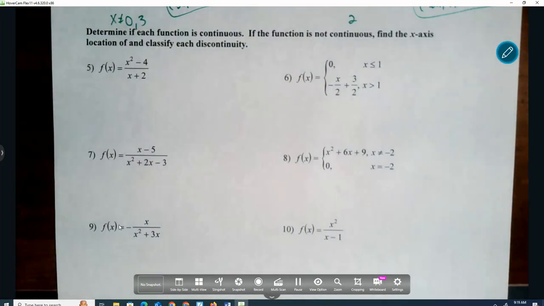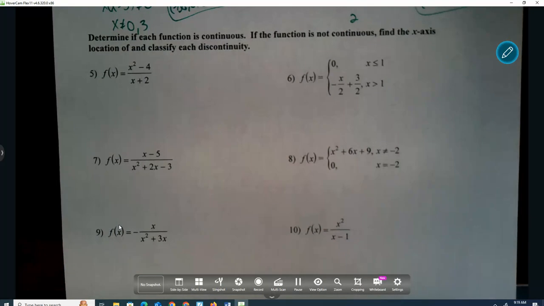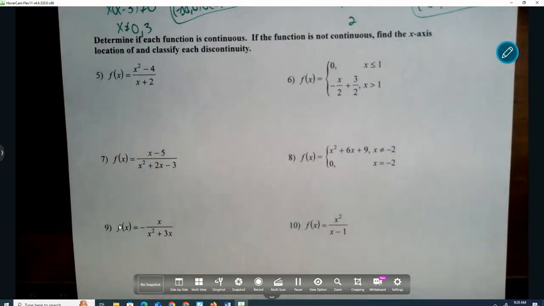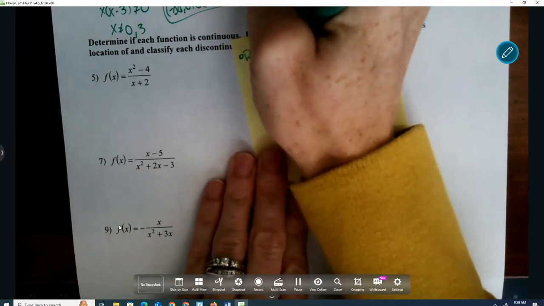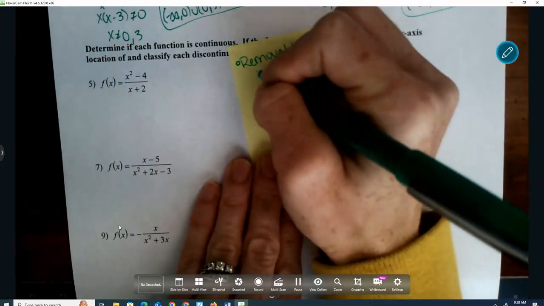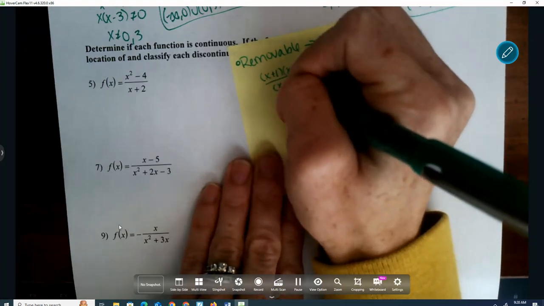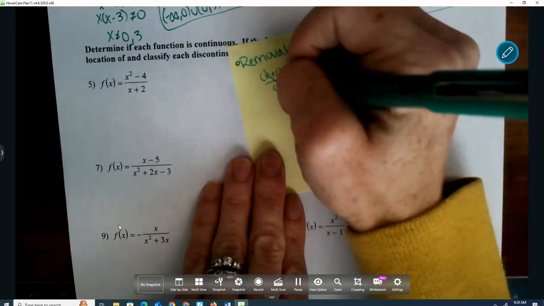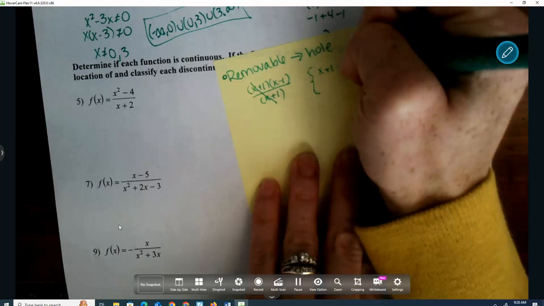All right, so the next set, we're going to do the same thing. We're going to decide if it's continuous, where do I have a problem, but then I want to classify it. So remember, when I say classify, we are talking about our 3 types of discontinuities. Removable is a hole in the graph. So that happens if you have something in a fraction that cancels, that makes a hole, or if you have a piecewise function